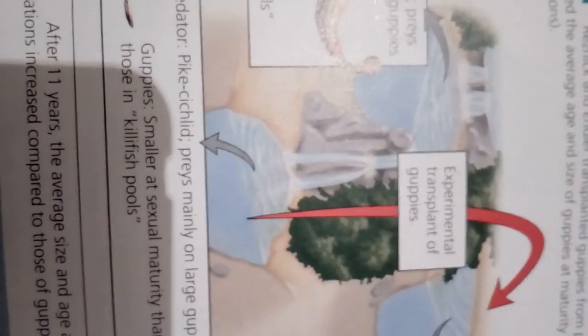original population. After periods of 30 to 60 generations, the transplanted guppies were an average of 14% heavier at maturity than the non-transplanted individuals. Their average age at maturity had also risen. This result supports the hypothesis that natural selection caused the difference in the populations. The conclusion is that because pike cichlids prey mainly on reproductively mature adults, the chance that a guppy will survive to reproduce several times is relatively low.